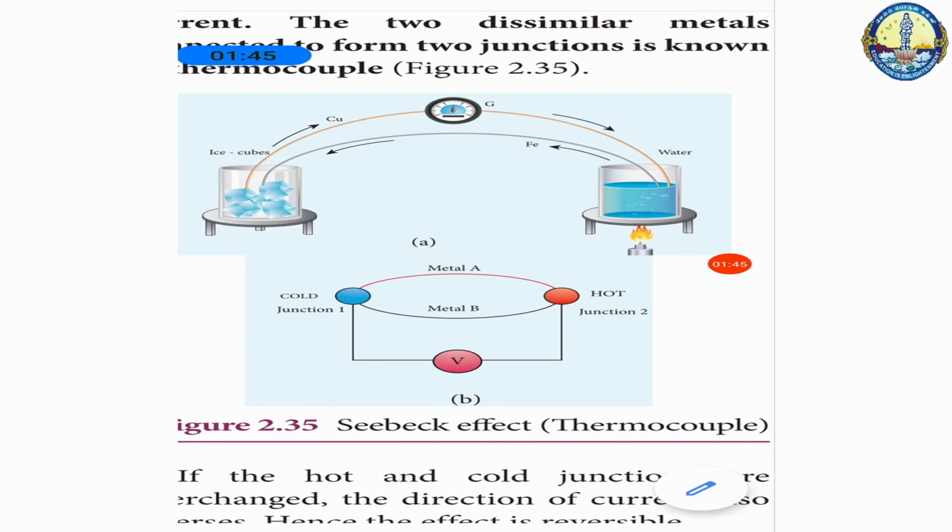An application of the Seebeck effect is the thermoelectric generator. These thermoelectric generators are used in power plants to convert waste heat into electricity. This effect is utilized in automobiles as automotive thermoelectric generators for increasing fuel efficiency. The Seebeck effect is also used in thermocouples and thermopiles to measure the temperature difference between two objects.